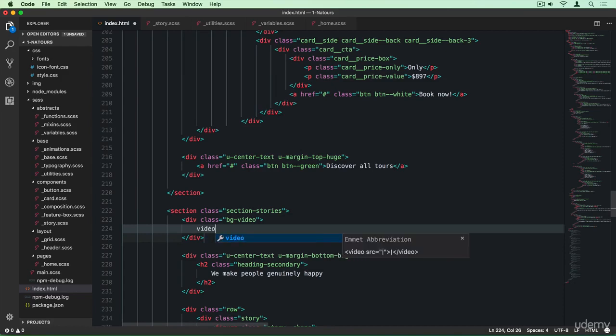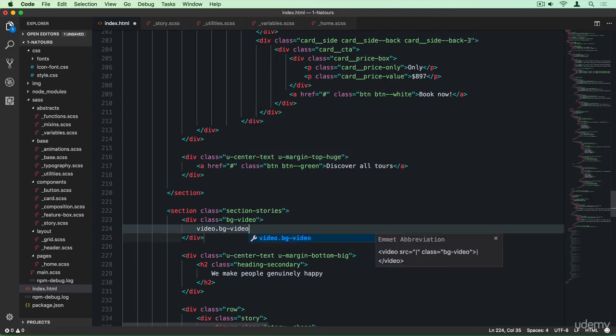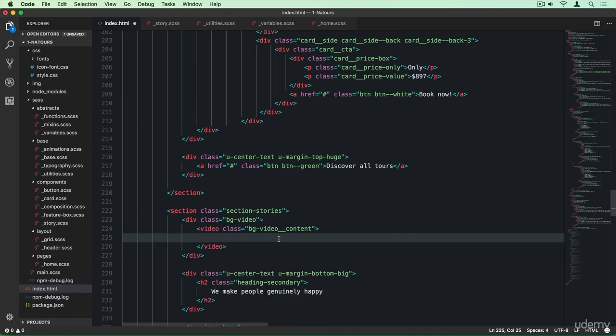So in HTML5 there's a video element which allows us to embed videos on a web page. So video, and I'm going to call it bg-video content. So we're still following the BEM methodology here. Now this is how videos work. So we will not specify the source attribute there, but instead what we're going to do is to specify something called the source tag in here. So again, instead of using the src attribute in the video tag like we would do with an image, there's actually a source tag in HTML which allows us to embed a video file into this video element. Okay, so source,